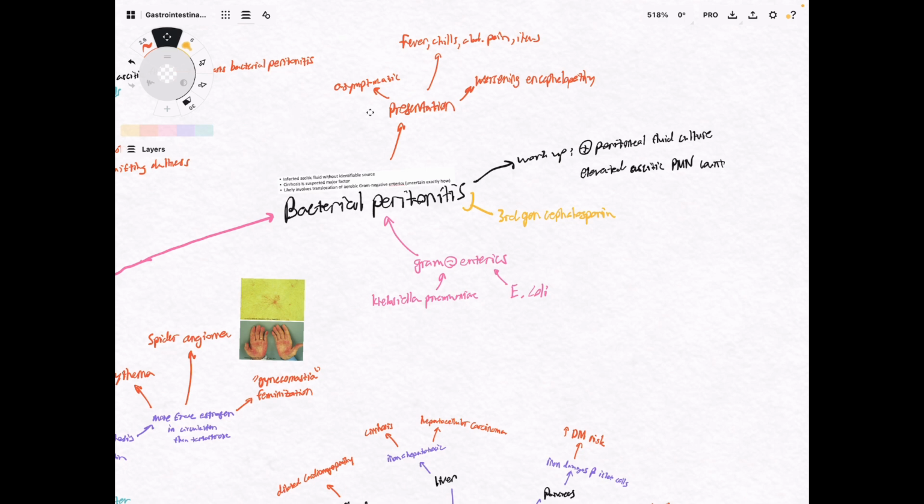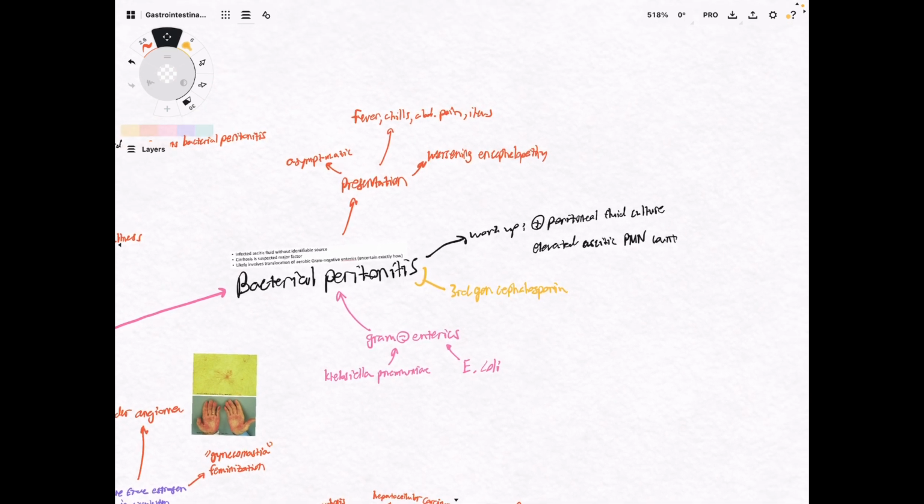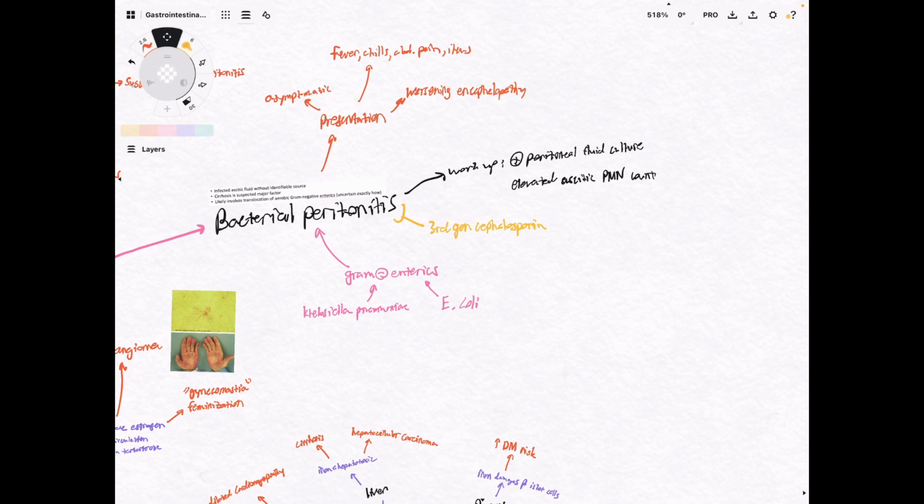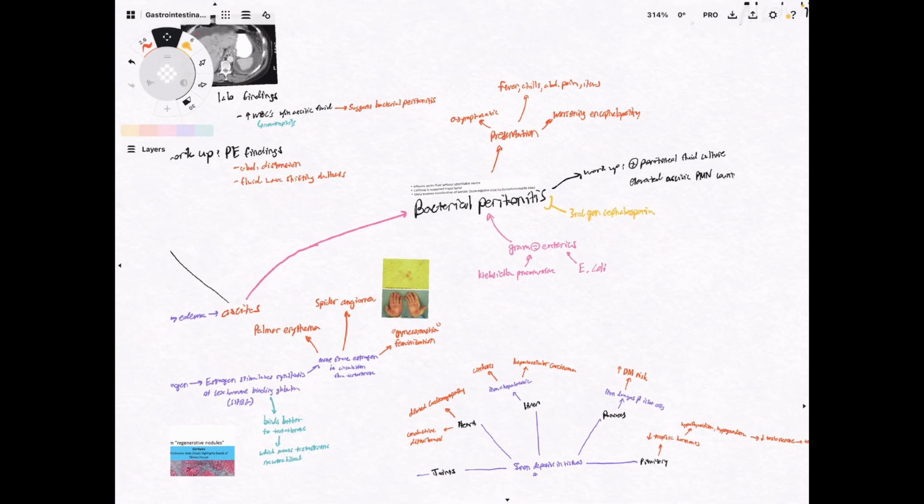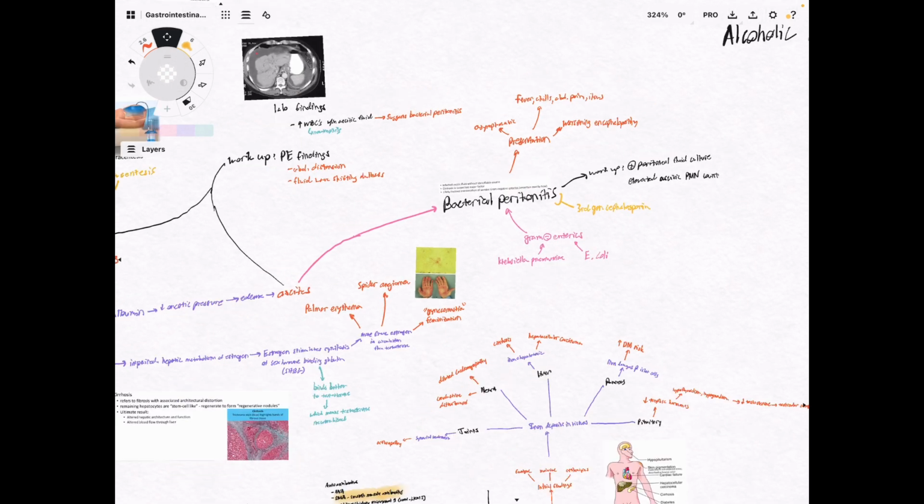All right, so this presents how you would suspect. First of all, it can be asymptomatic, but if it's not, you're going to have fever, chills, abdominal pain, and an ileus, or worsening encephalopathy. And again, to work this up, you're going to want to do a culture of the peritoneal fluid, and then you're going to have an elevated white blood cell count, mostly neutrophils or polymorphonuclear neutrophils. All right, so we're going to move on